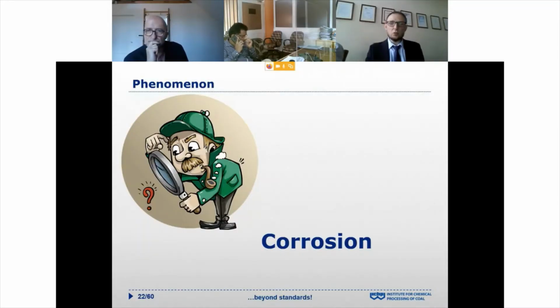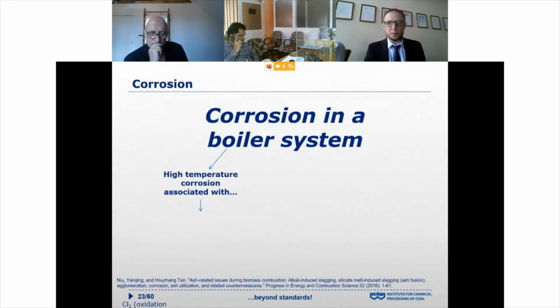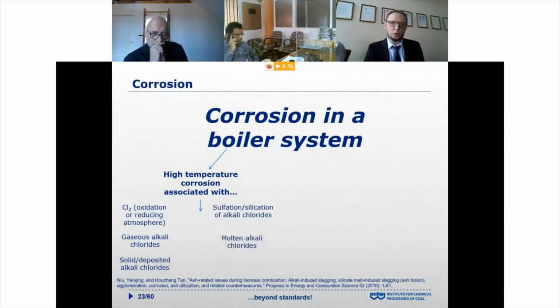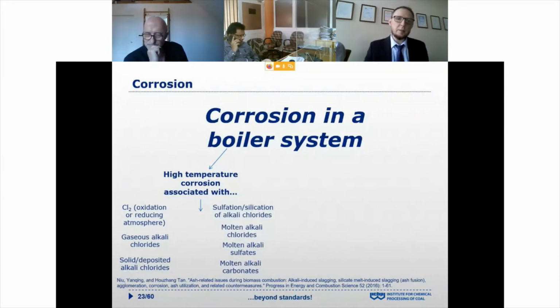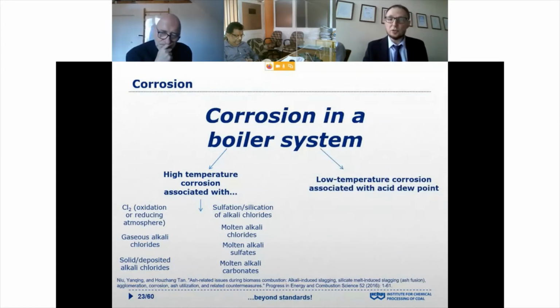Let's jump into the corrosion issues. Corrosion is very strongly connected with the ash-related issues. But we can distinguish between two types of corrosion. First is high temperature corrosion, and the second is the low temperature corrosion associated with acid dew point. But in fact, we now focus mainly on high temperature corrosion because it exists inside the furnace, inside the